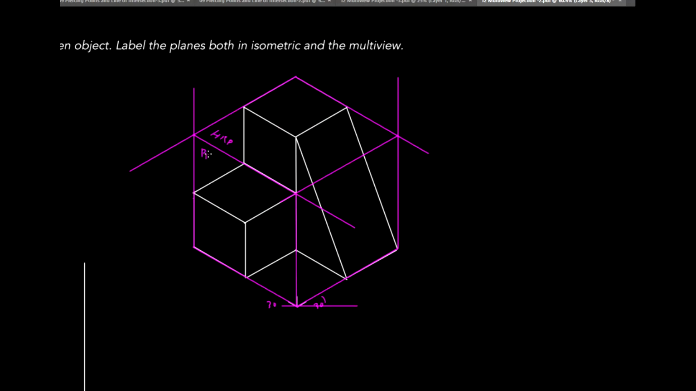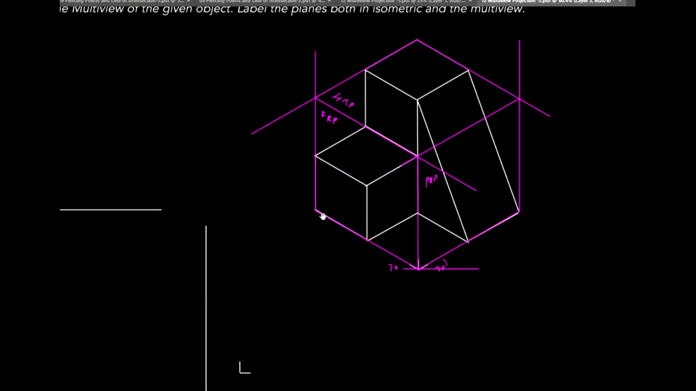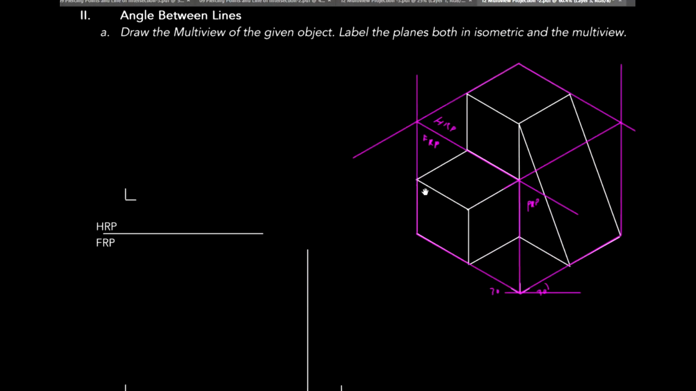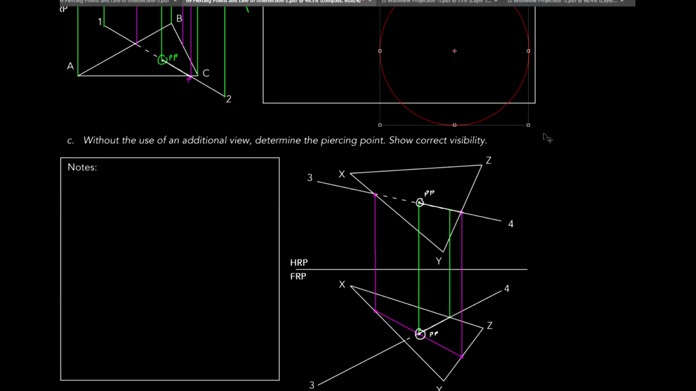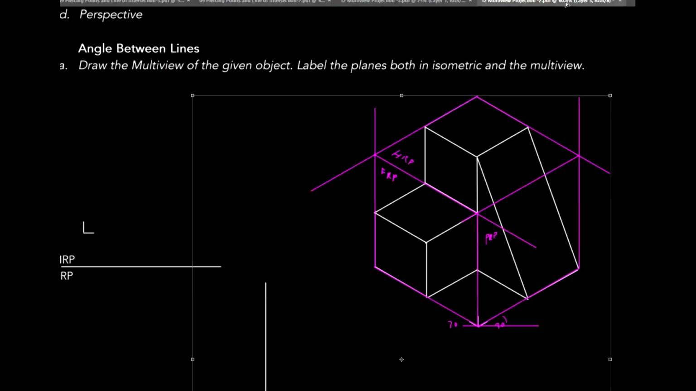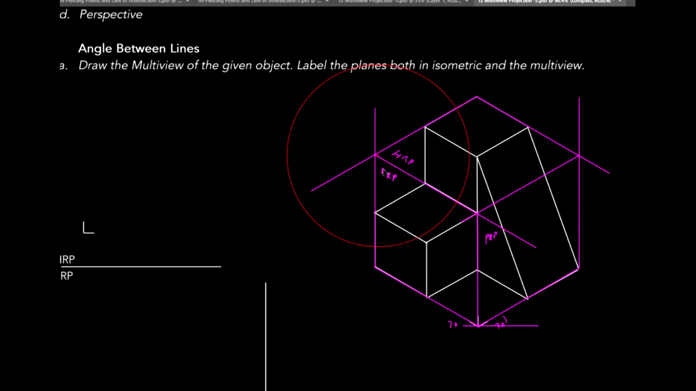Ito ay PRP. No, sorry. FRP. Tapos ito, magiging PRP ko. Okay? So, gagawin natin is, we just copy these distances, no? Kasi isometric naman to. Meaning, all distances are equal, no? Or equal yung scale na ginagamit. So, if I were to copy this, ang gagawin ko lang is,